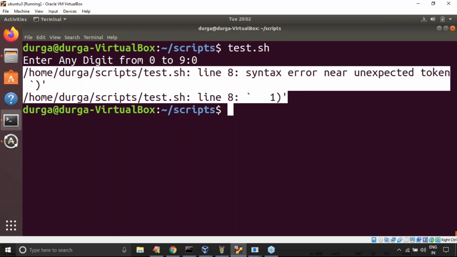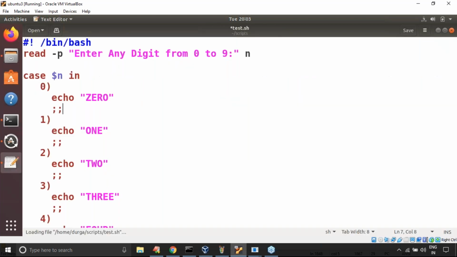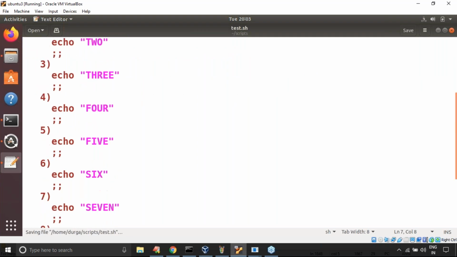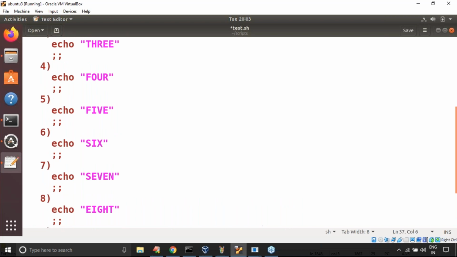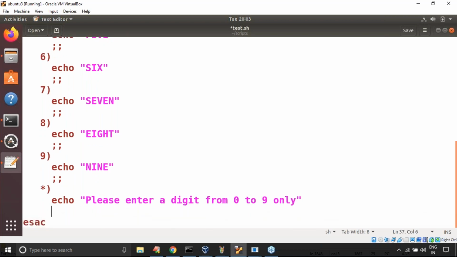Semicolons must be there. Remember this carefully, otherwise there is a syntactical mistake in our script. A single semicolon is not allowed; we need to use double semicolons. Next, for the default case, are semicolons mandatory or optional? Optional, no problem. Only for the default it is optional.